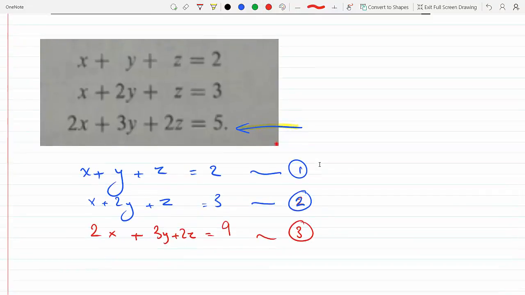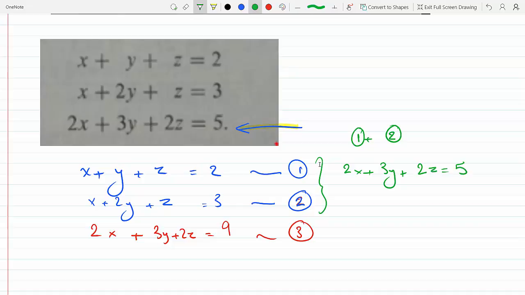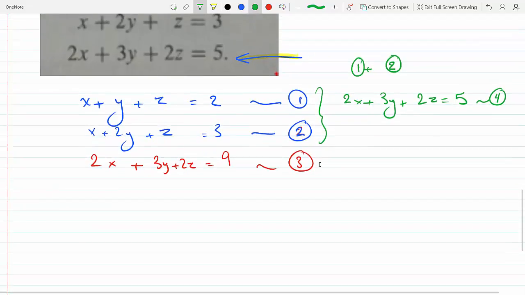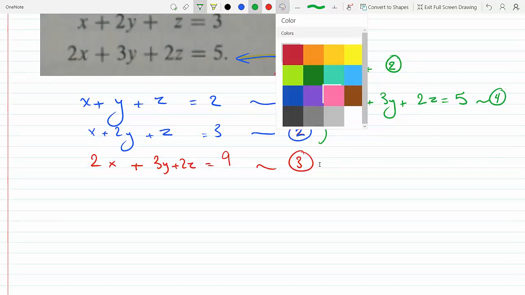Okay, now these two equations, if we add them, what do we get? Let's add the first two equations. So I'm gonna do 1 plus 2, and if I do that I get 2x plus 3y plus 2z equals 5. 2 plus 3 is 5. Okay, and I am going to subtract equation 3 from this equation. So now why don't we call this equation 4, and I'm gonna do now 4 minus 3,